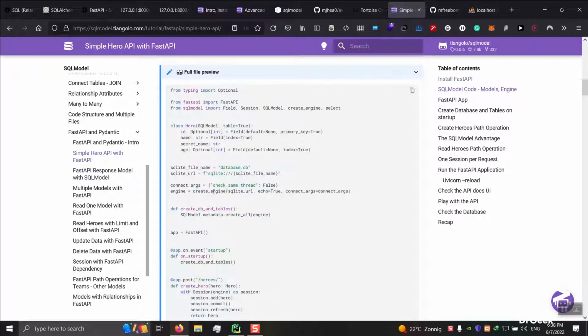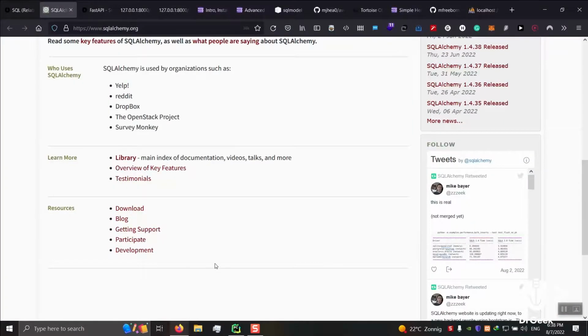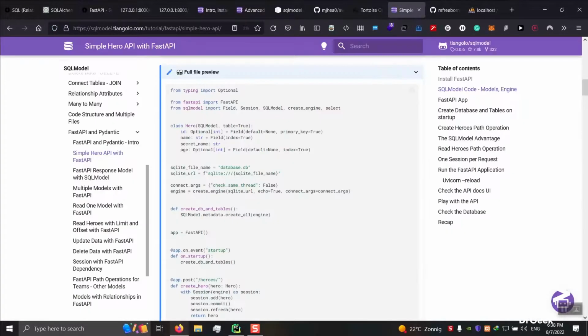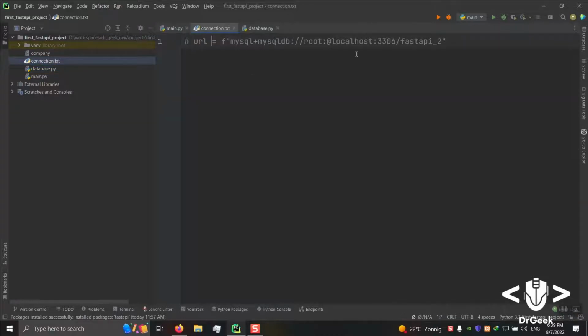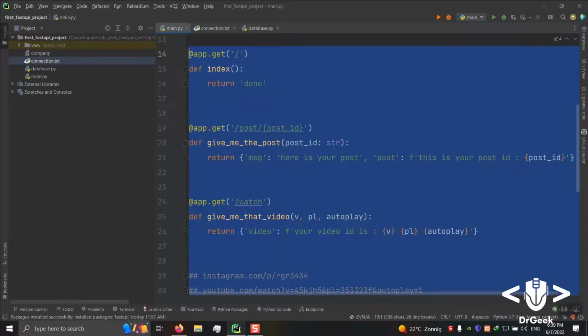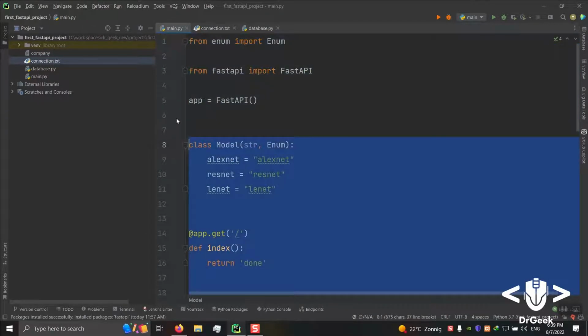This is totally similar to SQLAlchemy, which is great because you can just switch back to SQLAlchemy if this doesn't work out. This is the way you build a SQLite database, but I'm not going to use SQLite, because I have my own connection URL. Let me delete these, they have no use for now.